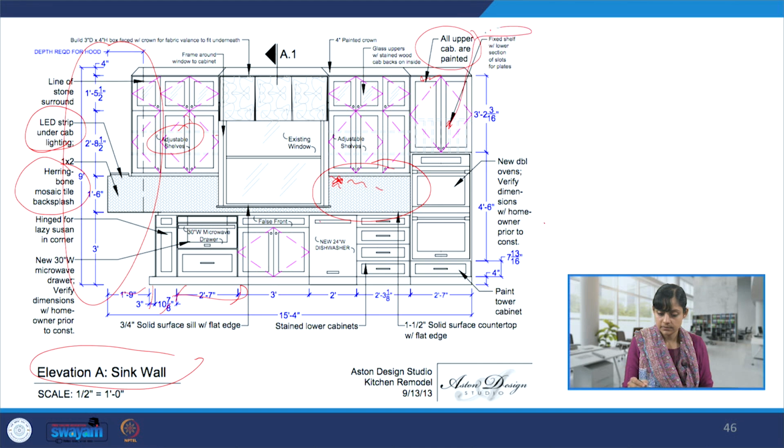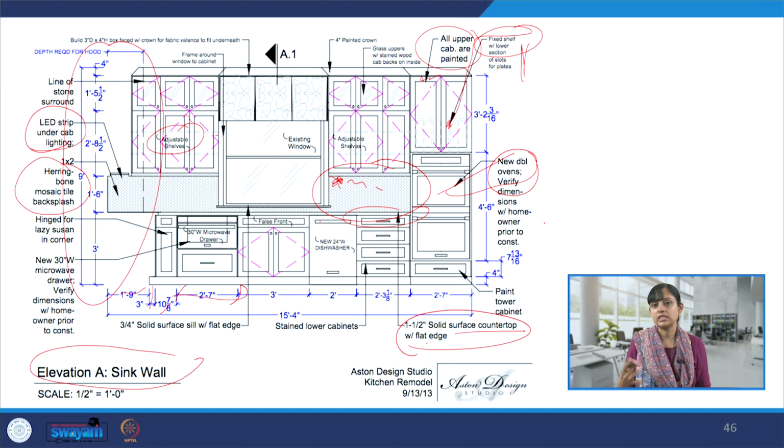This one over here, lower section available for keeping plates. This kind of marking for oven, etc. All the equipment that we were talking about, the kitchen fixtures and equipment. Then this countertop over here, what kind of countertop it is, whether it's a flat edge or is there a nosing, like a bulbous round edge over there. What is it made out of, granite or any other kind of material? All that information must be incorporated in all of these interior architecture drawings.